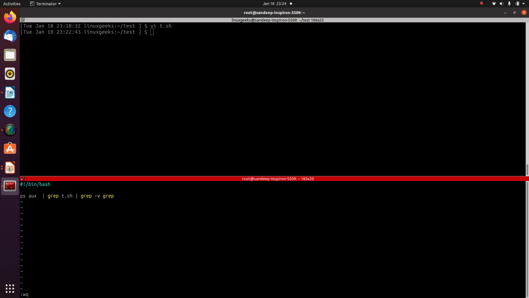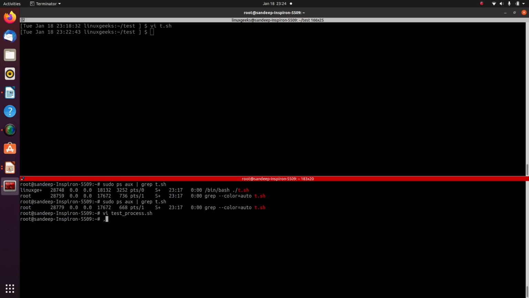So let me run this program, but before running this program I need to give execute permission to this program, and now I can run this program. So you can see what it has done is it has run ps ox, and then it grepped for t.sh, and finally it gave me the output and